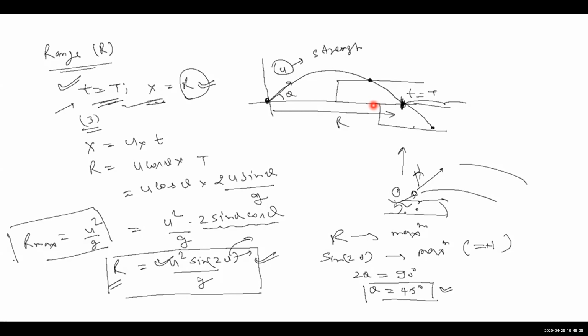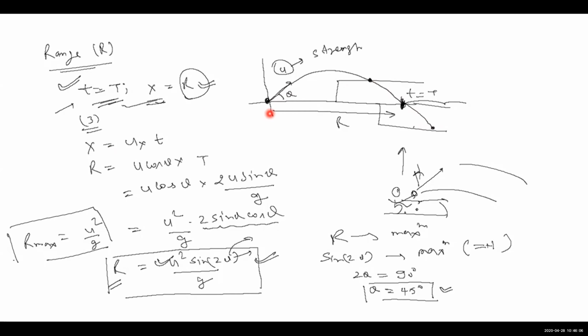These formulas are not valid when the point of projection is along a different horizontal line than the point of landing. They will not be valid. But these conditions, how we get the condition and how we put the condition into the equation, will be valid. That process will be easy. That's why from the very beginning I'm emphasizing the conditions and equations, not the formulas, because conditions and equations will be valid every time.